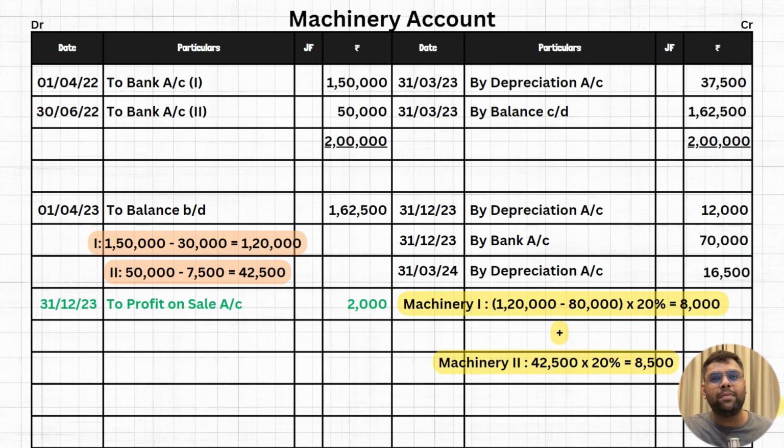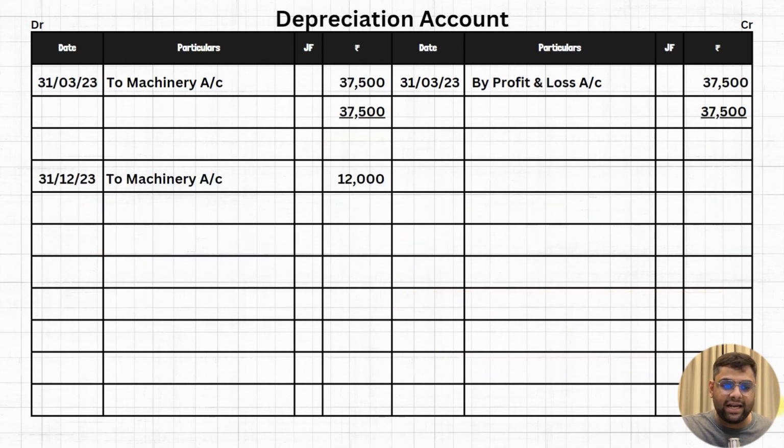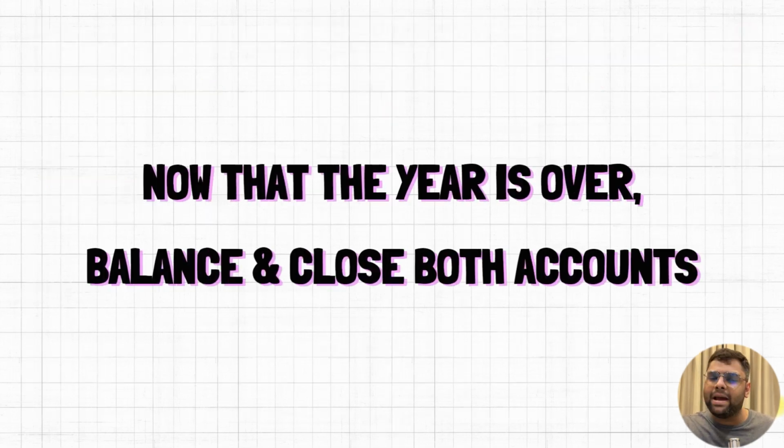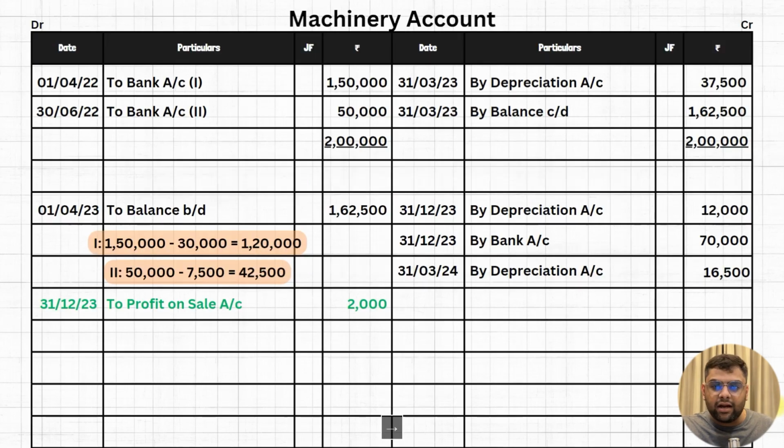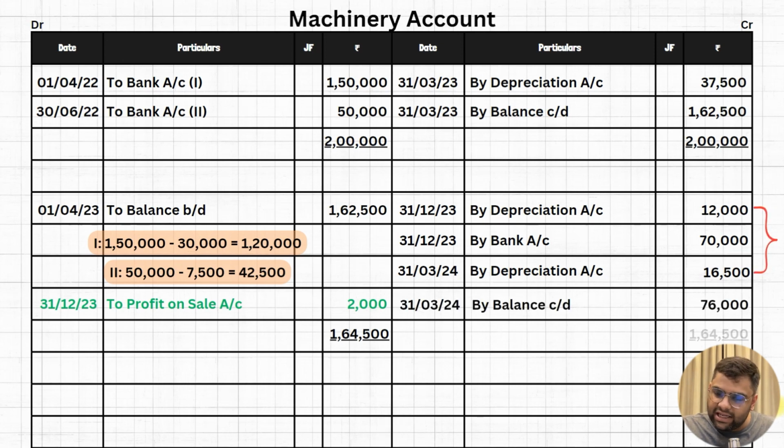इसका second effect will be in the depreciation account on the debit side. 31st March 24 to machinery account again, but the amount is 16,500. Now that the year is over, we will again balance and close both the accounts. Machinery account is an asset and it still has a debit balance. Heavier total is 1,64,500 and the closing balance is 76,000. ये closing balance कैसे आया? 1,64,500 minus 12,000 minus 70,000 minus 16,500. Then this closing balance of 76,000 becomes opening balance on 1st April 24 on the next day for the new